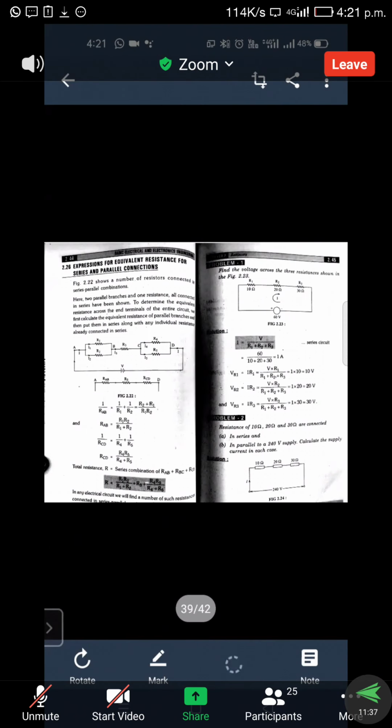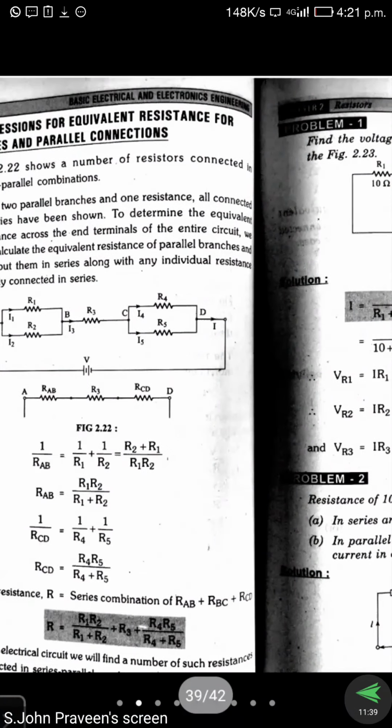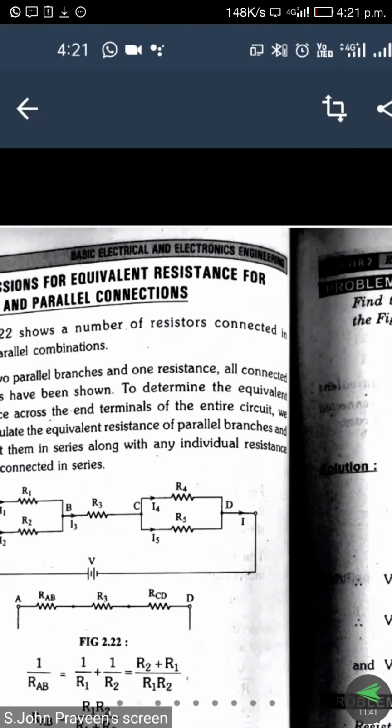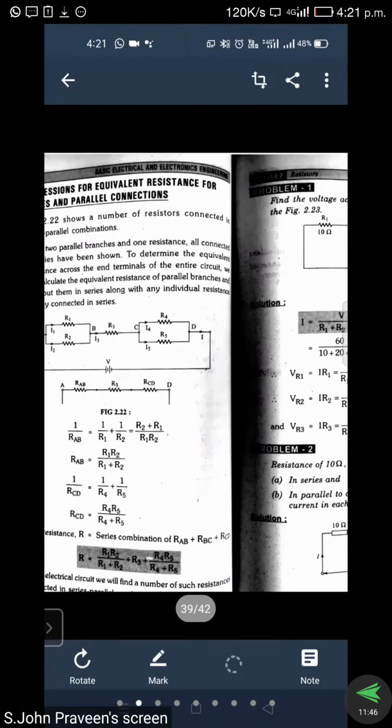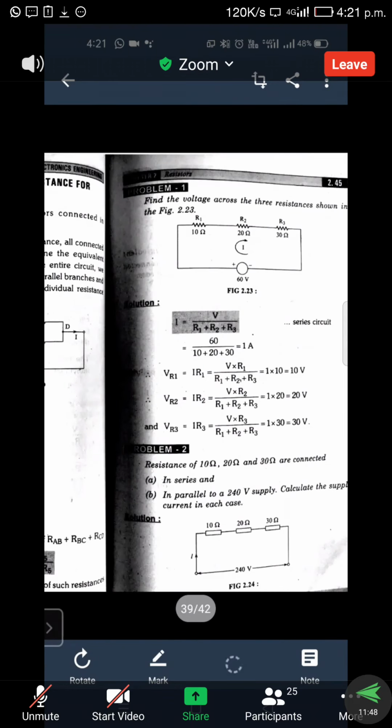Next are the combinations of series and parallel. If you know the concept of series and parallel, we can easily understand the combination also. Some problems are given in the textbook for series connection, where we need to find the voltage drop. First, we discussed Ohm's law in the first chapter, V is equal to I into R. These three formulas will be helpful while doing the resistive calculation.